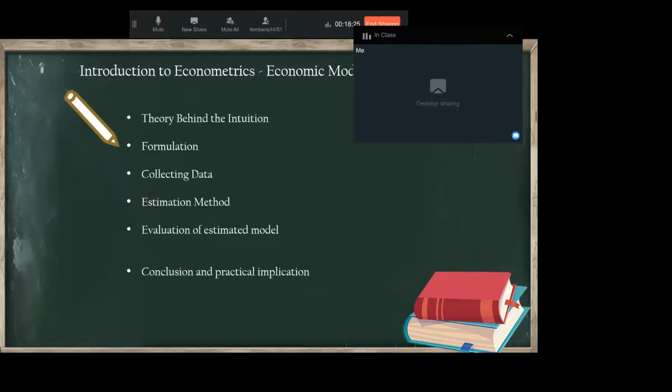For example, I want to know about the class. There are like 44 students in the class, and I want to know about each and every one, how they live their everyday life. So one thing is that I can talk to your CR, because your CR already has the information, right? So I can talk to your class representative and say, okay, you can tell me the information you have. She or he will say, okay, you need to pay a certain amount of money because I'm going to spend some time to collect the data for you. I will say, okay, I will pay you.